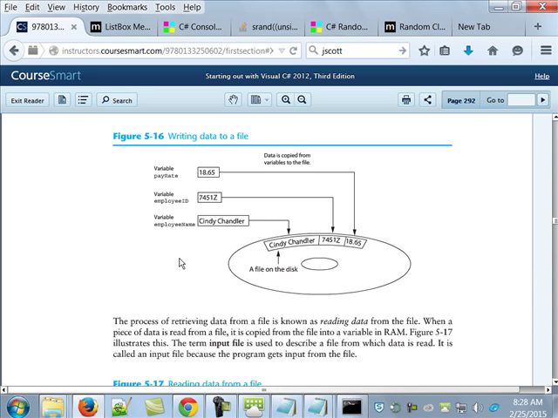So I can either grab that information. I mean, I don't want to maybe enter in 100 different patients. It would be nice if I had 100 different people with their names, their heights, and their weights, and I could plug those into the program and have the program just calculate for me the BMI and the status. You can do that. So you can use files to read information, to write information, or both,